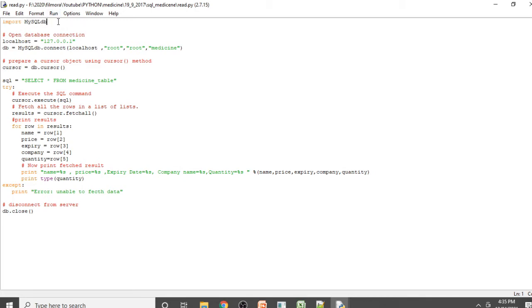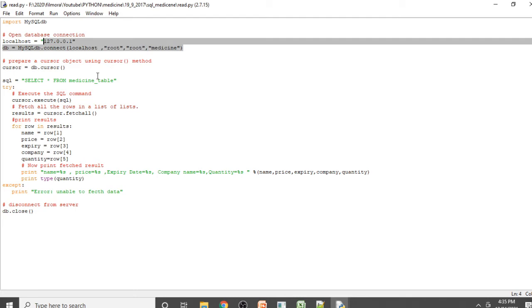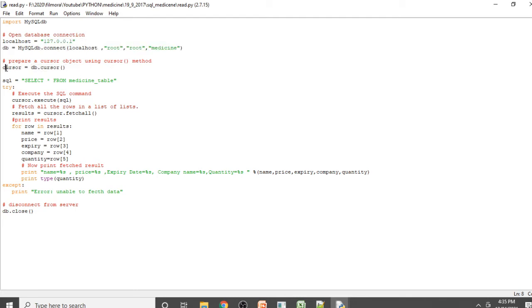So first line is import MySQLdb, which is used for the connection of your MySQL with your Python. Then localhost, which takes your local IP address of your laptop. Then mysql.connect is the function used to connect your MySQL with your Python. Then db cursor will create the cursor object.